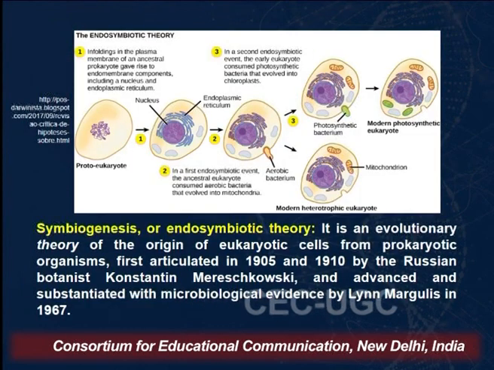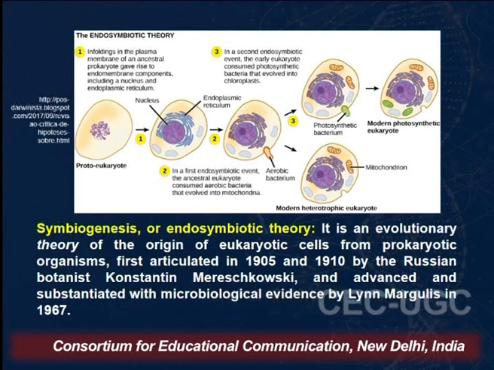Now there is a very important theory called the endosymbiotic theory. This endosymbiotic theory refers to how exactly the mitochondria and the chloroplast within the plant cells came into existence. So it is said that